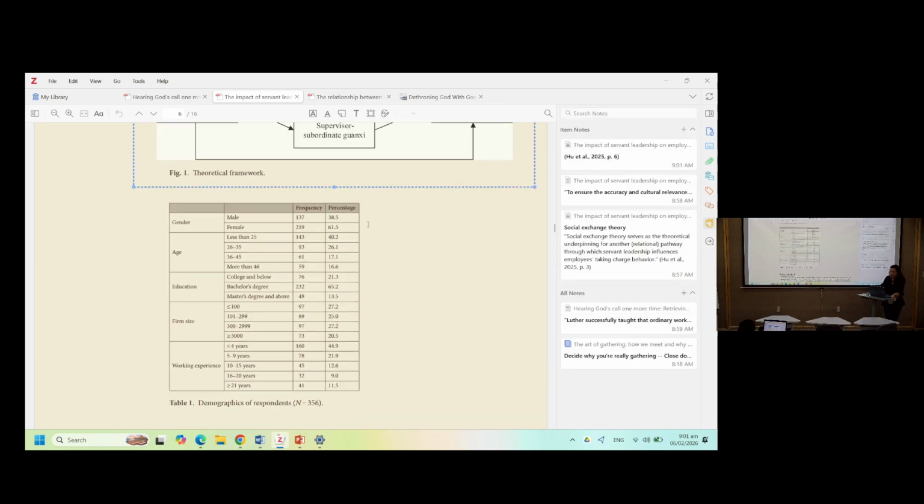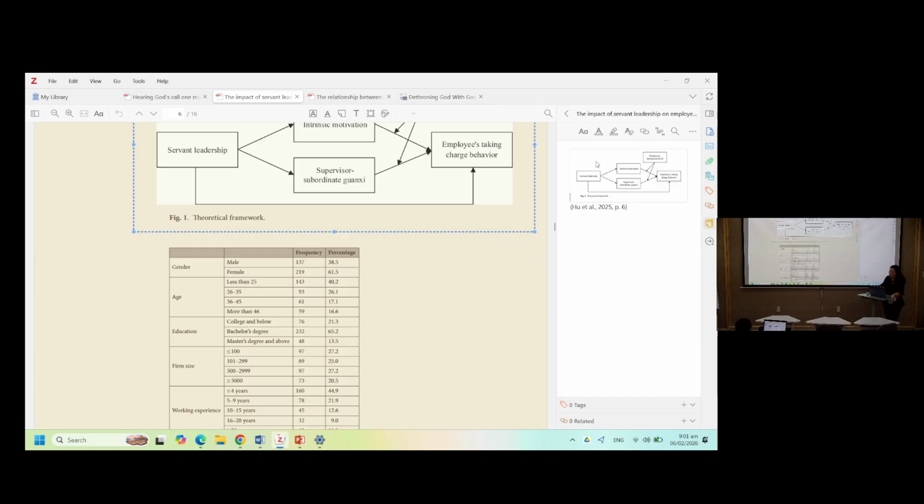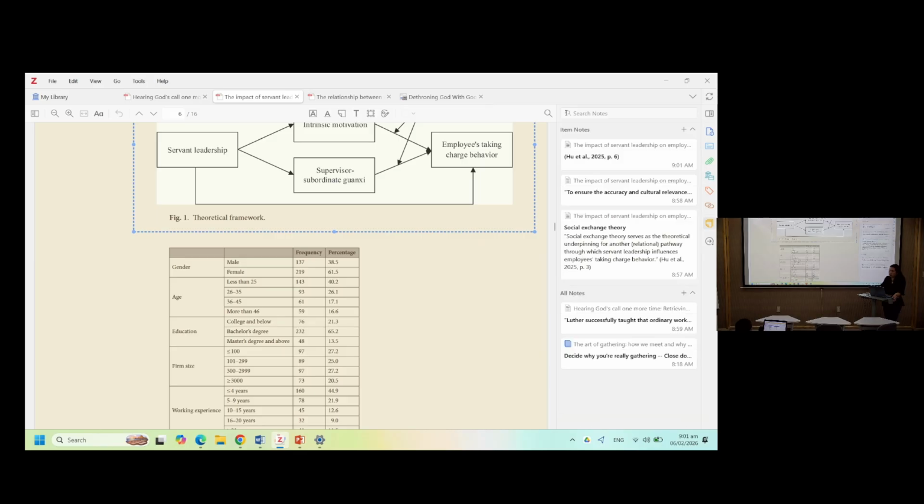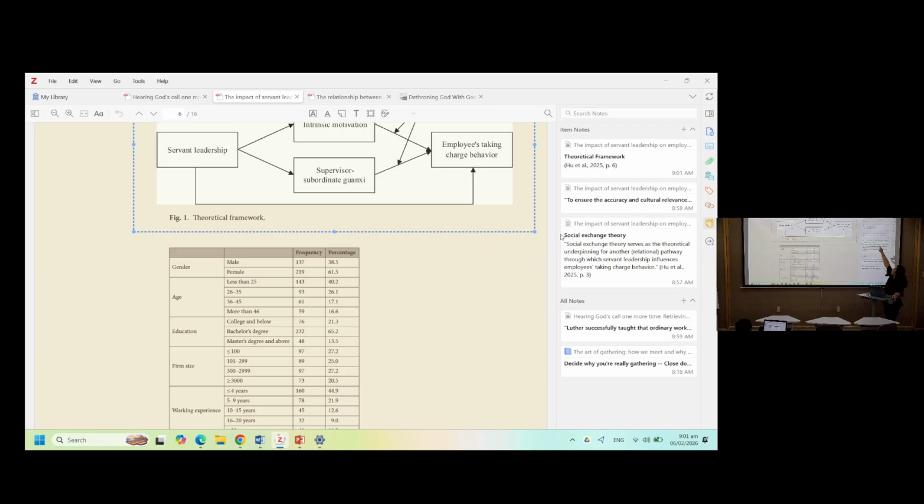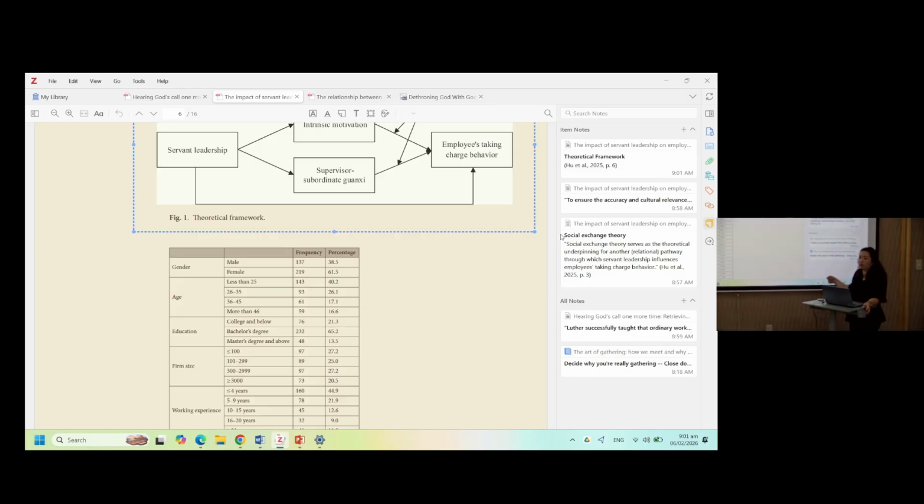Okay? If you want to edit that, then you can just press enter and say theoretical framework. Just for you to have an idea what that quote is about. See? You don't have to open everything and reread it every time. At least when you see that, oh, that's for my theoretical framework. Because that will be helpful later on when we start using it in your Microsoft Word. Okay?